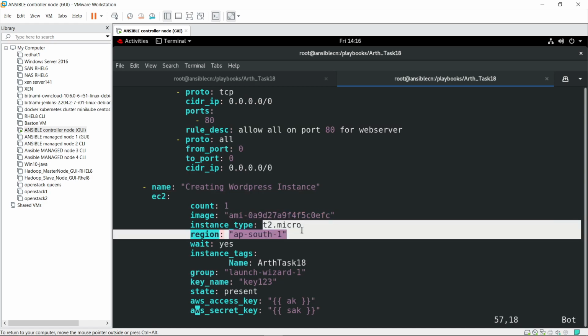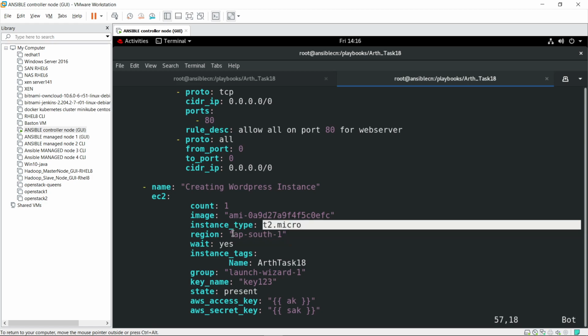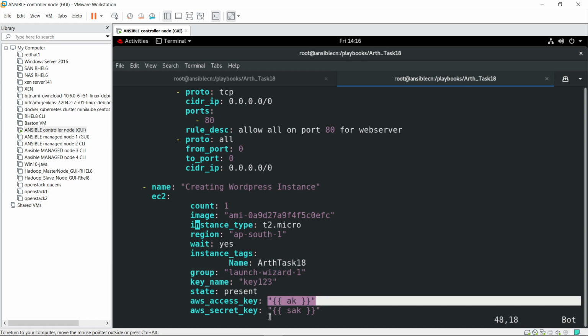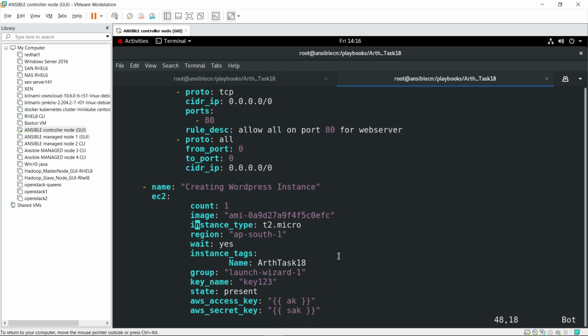This is the type, t2.micro, like 1 CPU and 1 GB RAM, in this region, and this is the security group name which is created here, and I have attached a key 123. I have created this key before, and these are the credentials of my AWS account, which are stored in the ec2.ini file. So this is the file.